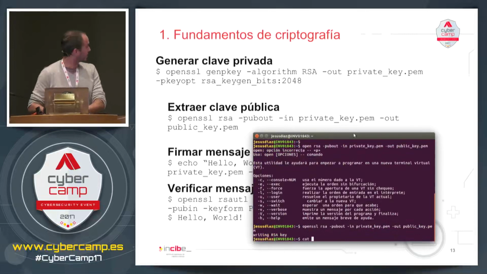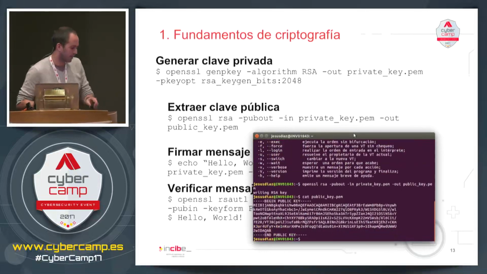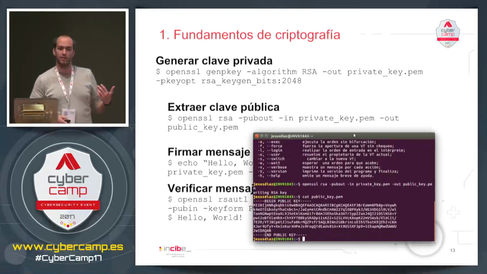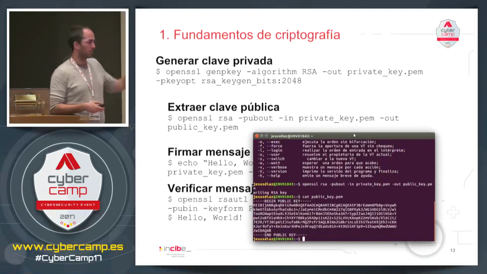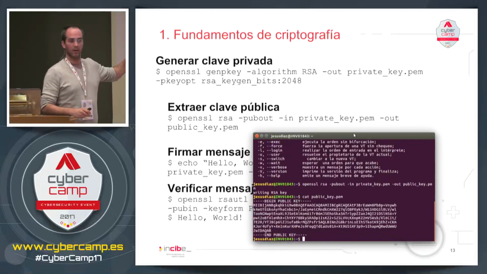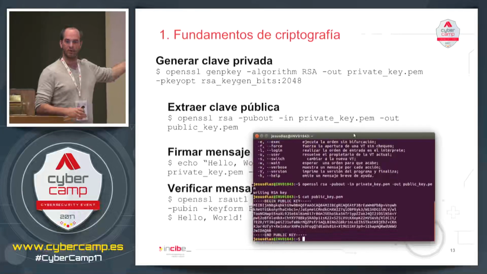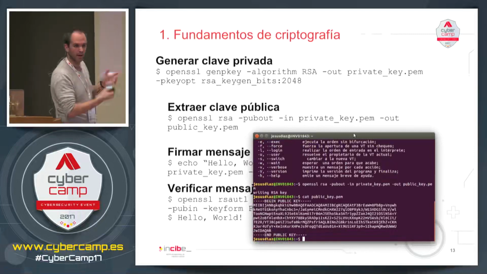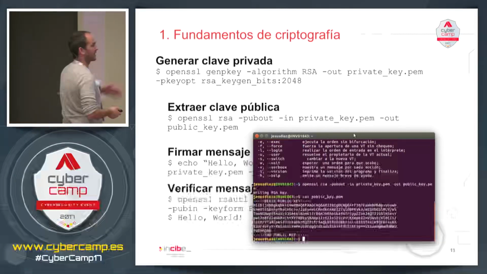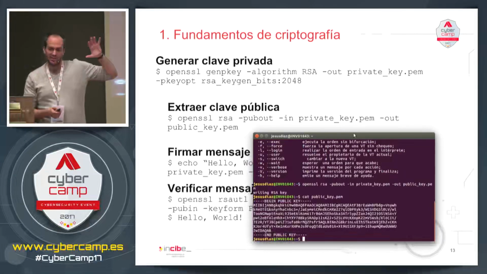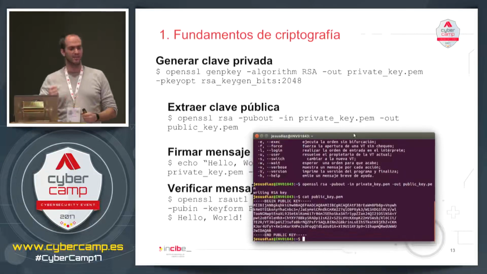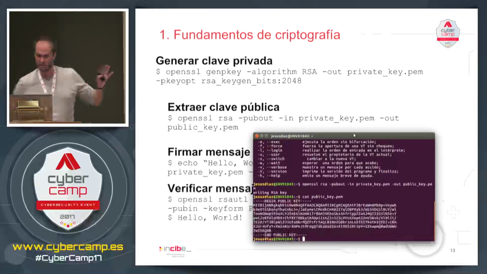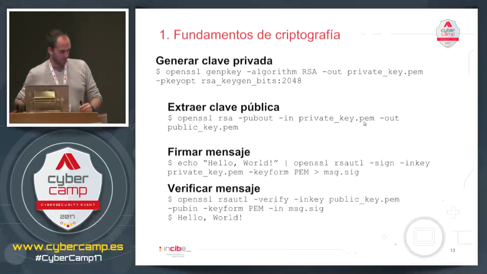Vale, pues aquí... And here, public key.pem, I have the public key associated to the private key that we had before. It's easy, and it's a command. And now with this, I would have my public and private key that I could send my friends to communicate with me in a secret manner. These public keys and private keys are not supported by any authority. This is not a digital certificate, but cryptographically they're valid.